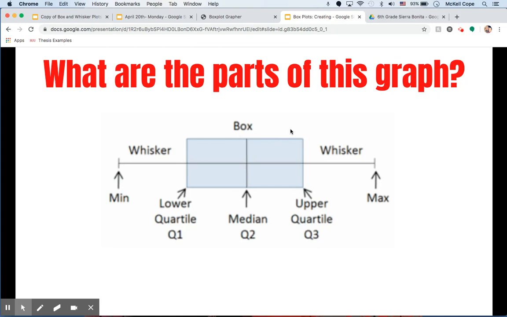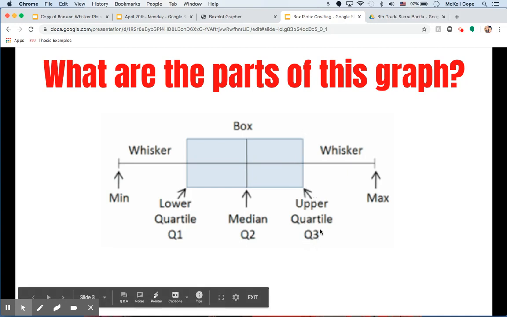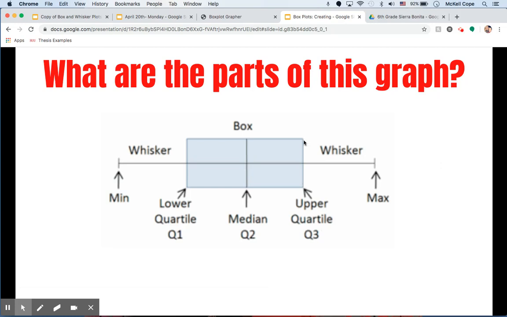This box right here represents the three medians that we'll talk about a little bit later. The first median right here is going to be the lower quartile, or your Q1. This middle part of the box, you really need to be familiar with, because this is the median. This is the very center of your whole entire data. So this is your second quartile, Q2, or the median of your whole set of data. And this right here is your upper quartile, or your Q3, or the median of your upper half of